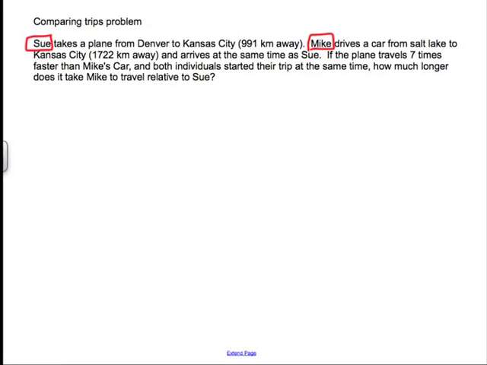If the plane travels 7 times faster than Mike's car and both individuals started their trip at the same time, how much longer, so that's implying a time there, how much longer does it take Mike to travel relative to Sue? Anytime you have a comparing trips problem, you should always start with this original idea